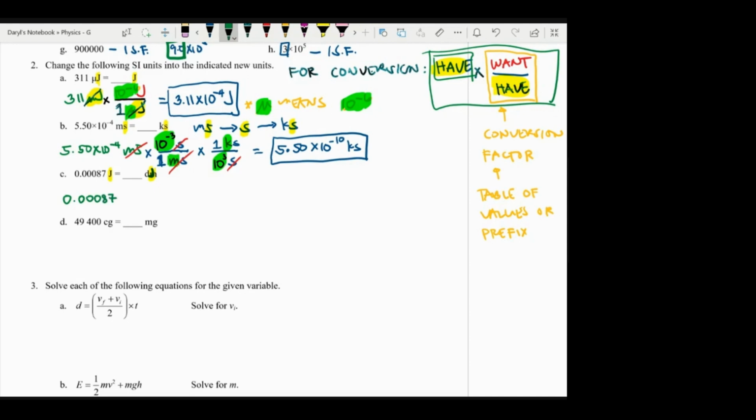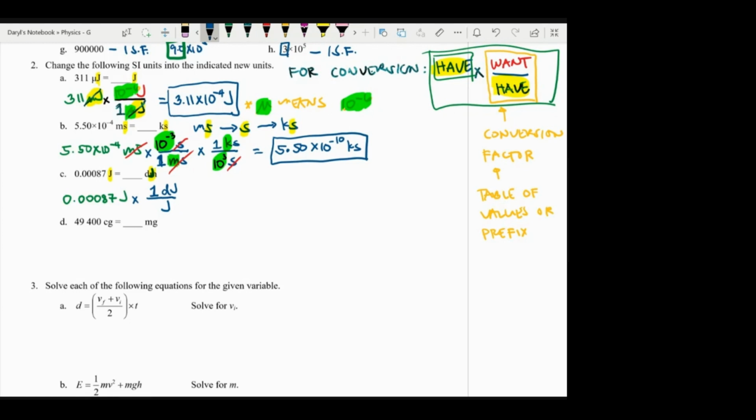0.00087 joule, and I'm gonna multiply that with my conversion factor. But then again, my conversion factor is just from the prefix table. So I'm gonna use the multiplier of the different prefixes. So I started with joule, so that means that I will write my joule at the bottom, and in this case, directly, I'm just gonna use, I think this is, dJ. Okay. So again, just what I did earlier, I'm just gonna place 1